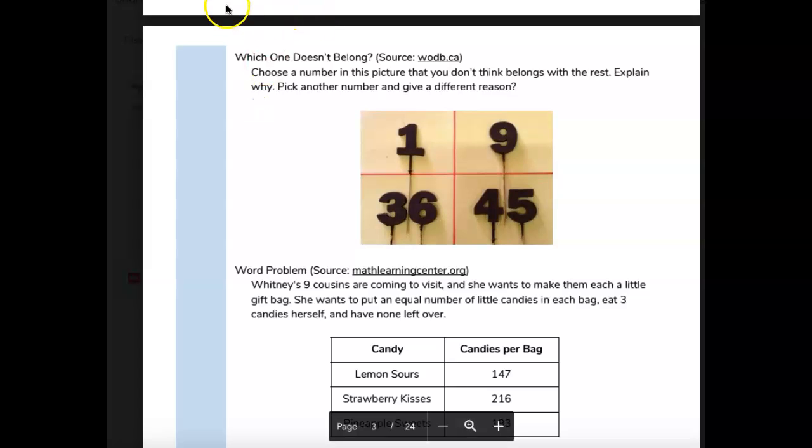Whoops. Let me fix that and go here. Okay, I say that the 1 doesn't belong. Look that over and see if you can see why I'm picking that 1 doesn't belong. See if you can see anything there. Okay, so the reason that I said that 1 doesn't belong is because